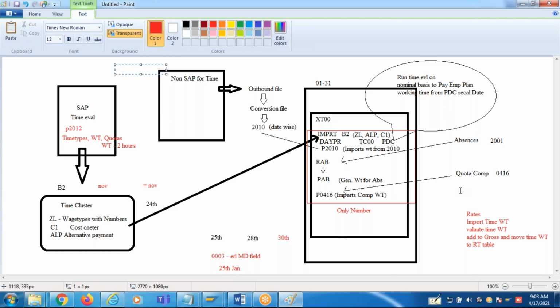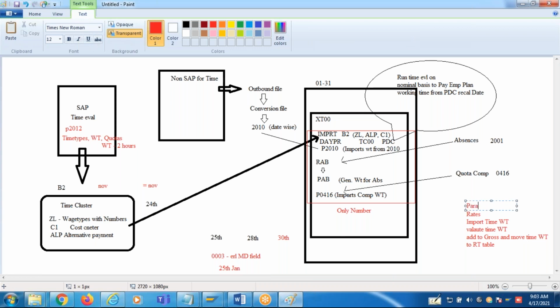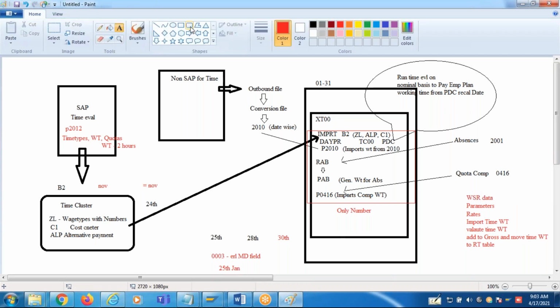To calculate the rates, we need parameters here. To generate the parameters, we need work schedule data here. So this is what the XT00 schema is.